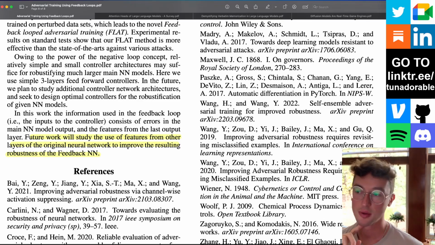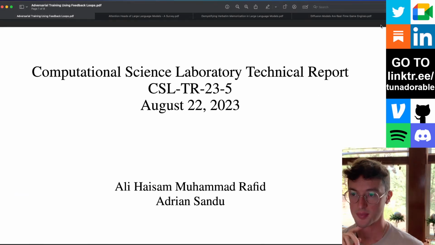Before we get to my general thoughts, one last little thing from them is that in their future work, which I believe probably already happened at this point, this paper is August 2023, so I guess it may not have happened yet, but there's almost a year. We're at what, 11 months from then. I'm guessing there are papers that have come out since then.